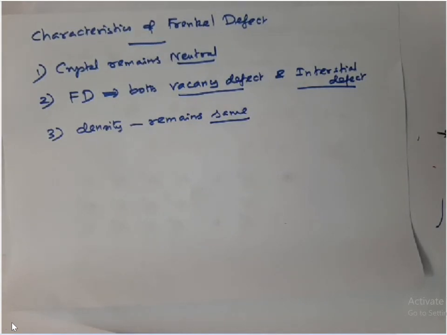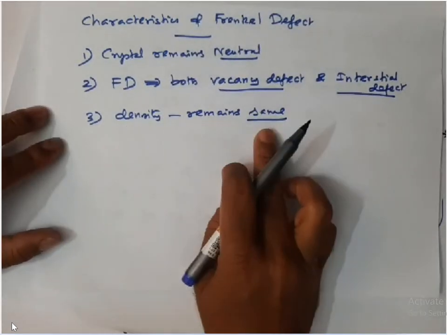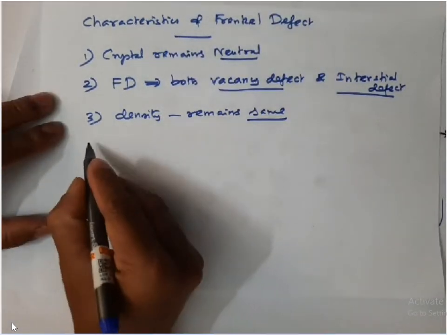Okay, suppose only an interstitial defect exists, in that case the density will increase. Is this clear, students? Okay, keep that in mind. So in this case, the density remains the same. The next point,